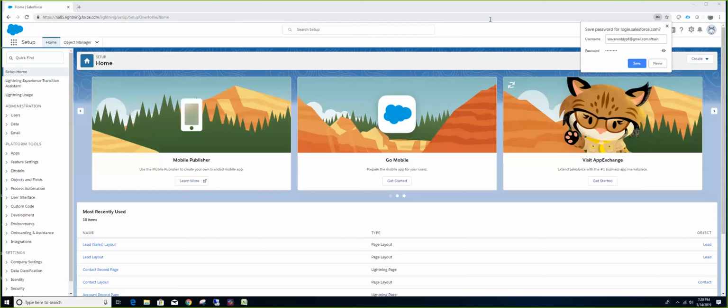Then again, we signed up for Salesforce. We got our own user account, and we started using Salesforce. We tried to understand what the CRM process is within Salesforce. Then we tried to understand a few things about databases: what is a table, which is nothing but an object in Salesforce, what are columns, what is a primary key, what is a foreign key, and how object relationships work.